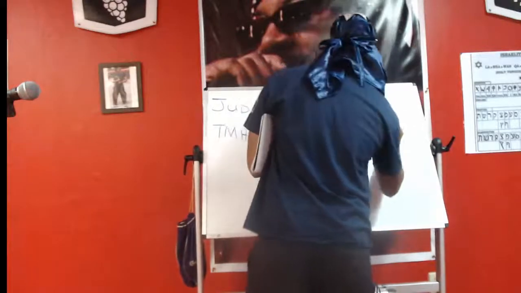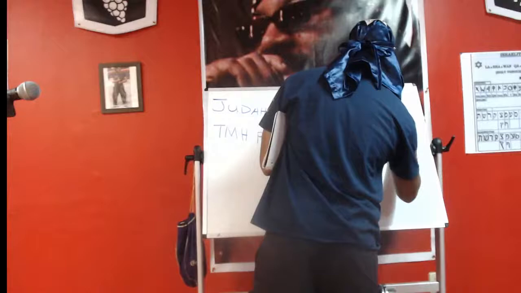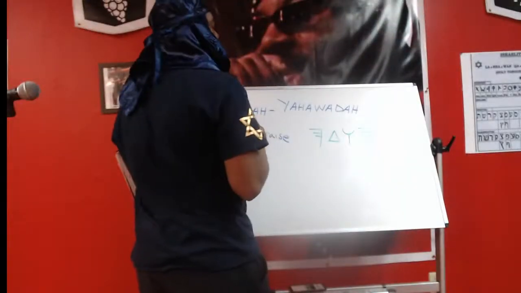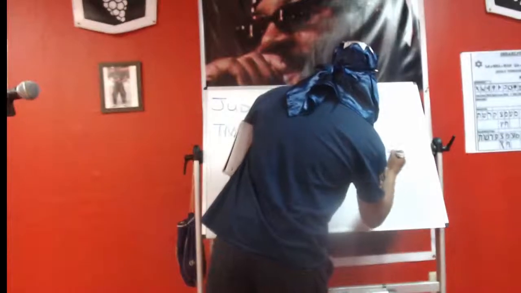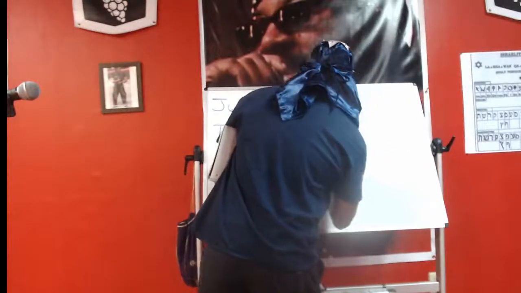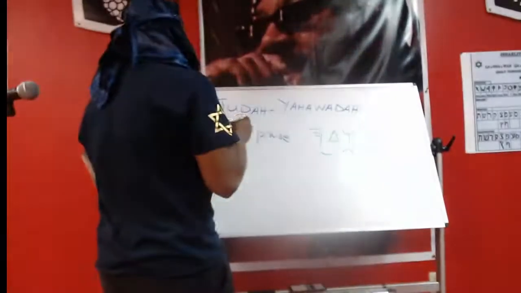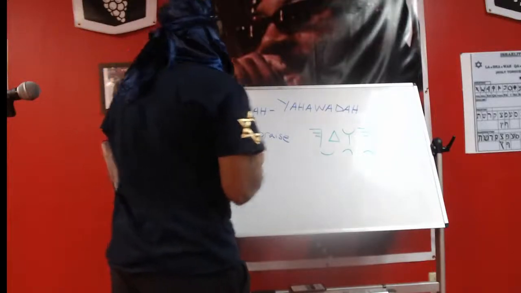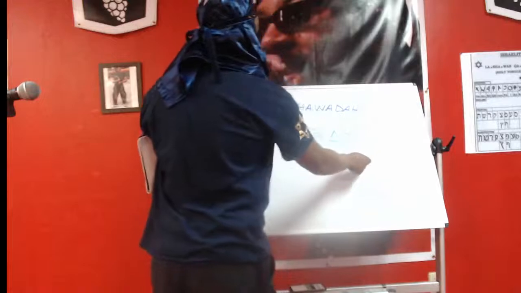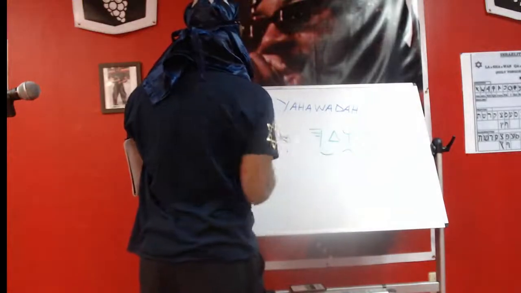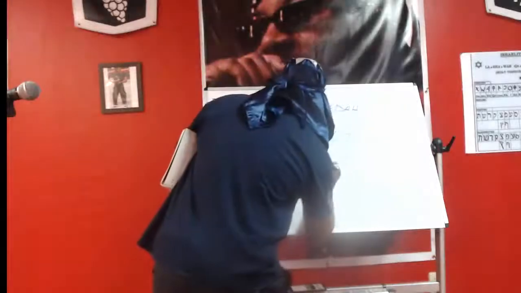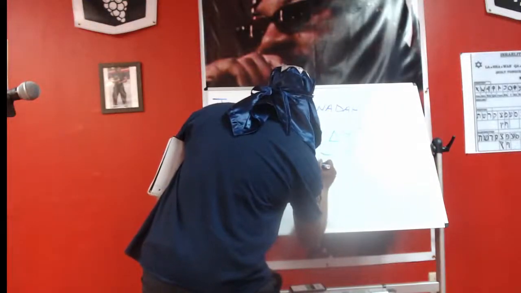And don't forget, in ancient Hebrew there are bumpers and bridges. Okay, so there we have it. In ancient Hebrew, Yahawada. And now in Assyrian, I'm going to write it out as